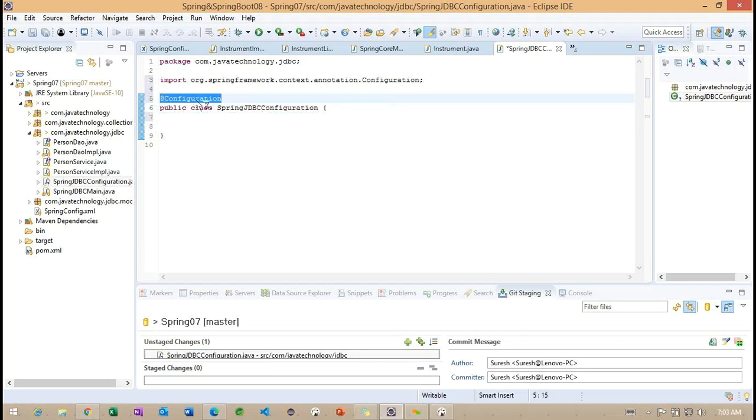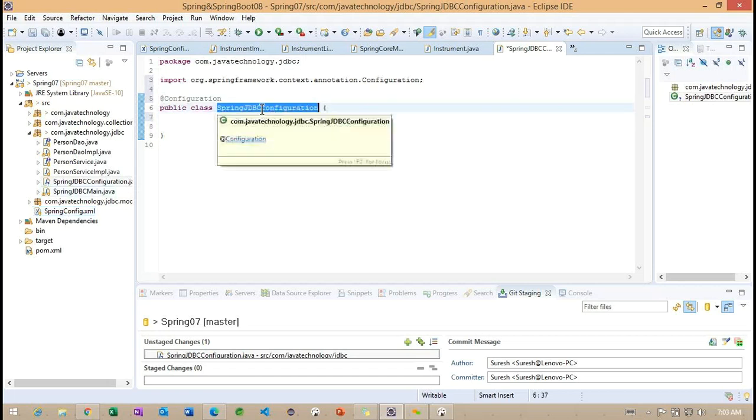Basically, in the earlier example, we specified this particular config XML. In the same way, we'll work on the bean related information using this particular configuration class. To share the information to the container, this class contains some of the bean related information.